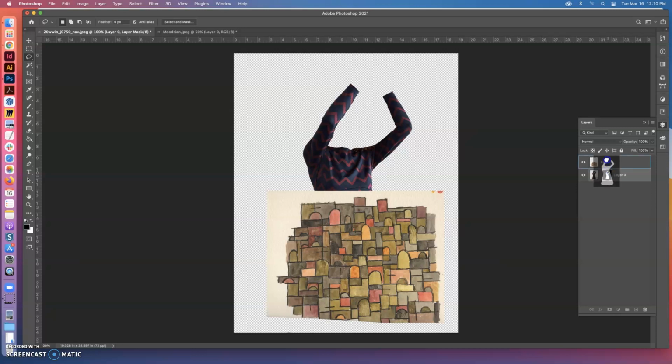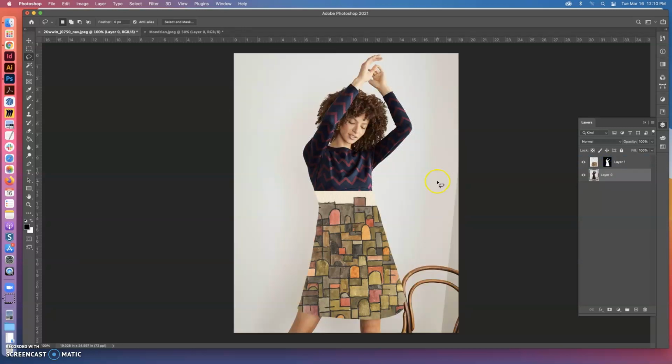Okay, so now there's a lock here, I'm going to unclick my mask, and I'm going to drag it up to this other layer, and boom, there it is. That's what it looks like, putting a mask